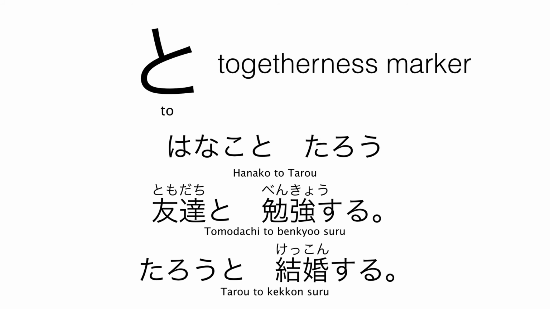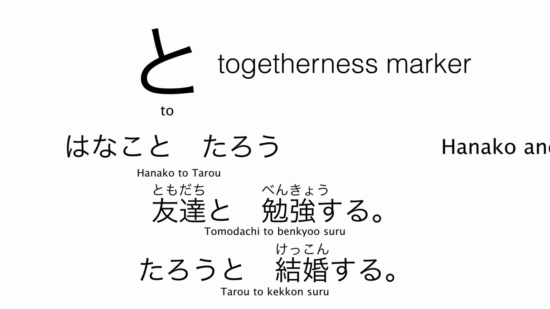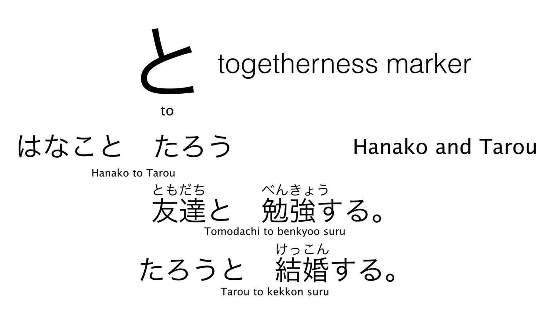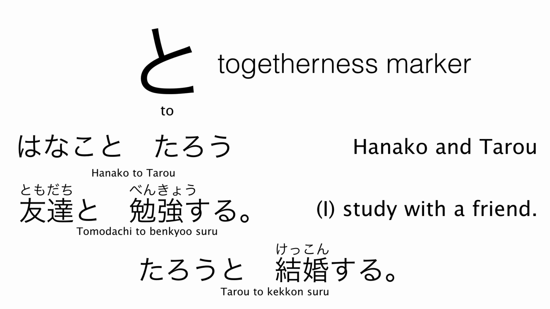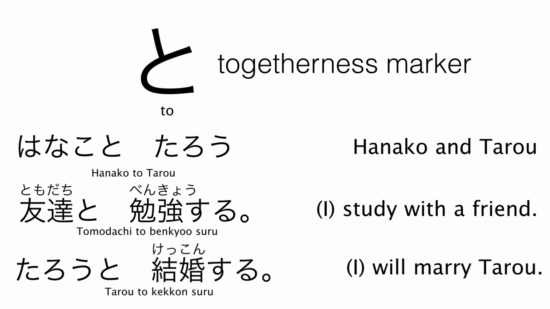It means 花子 and 太郎。The second sentence, 友達と勉強する。I will study with a friend. So you do the act of studying together with your friend. And the third sentence, 太郎と結婚する。結婚する means to marry or to get married. So it means I will marry 太郎。